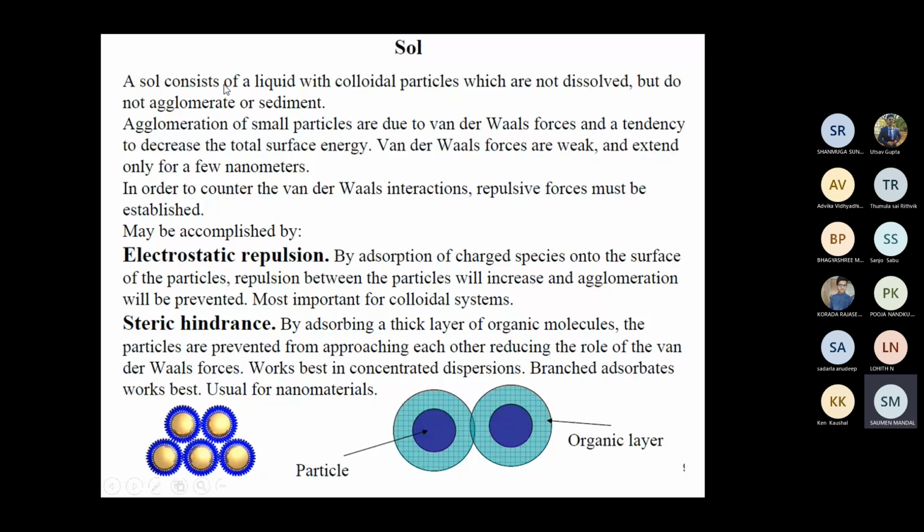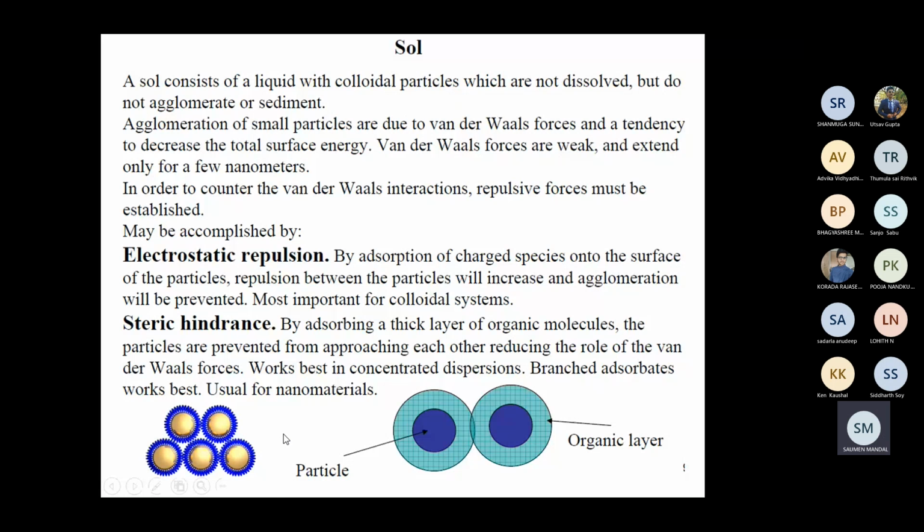Now the question is that these colloidal particles need to be dispersed. They need not be agglomerated. If agglomeration happens, then what will happen? It will settle down. That is true for any nanoparticle system also. If you synthesize some nanoparticles, you should have a stable dispersion. So how to do it? You can use some kind of surfactant. Similarly here, two techniques are used: one is electrostatic repulsion and the second is steric hindrance. These things will be clear in the next slide.